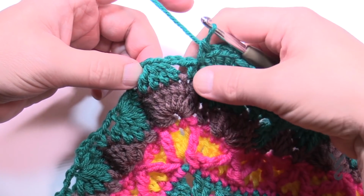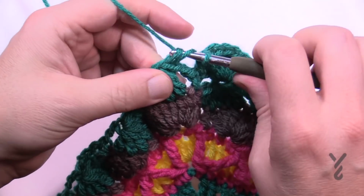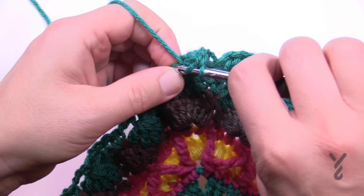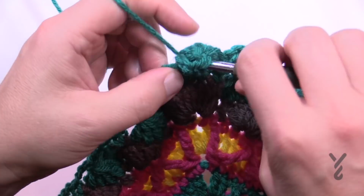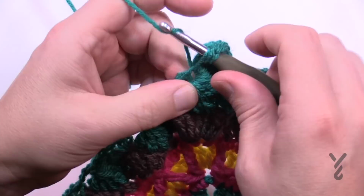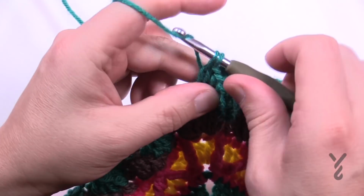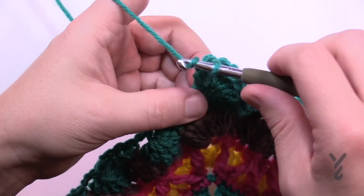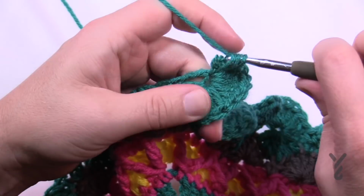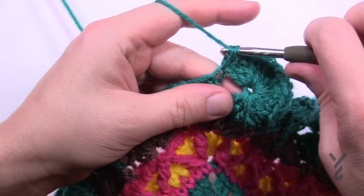When you get to the next corner, I've just single crocheted in the last single crochet, and in the center point of the corner is another 12 double crochets that circle it. So 1, 2, 3, 4, 5, 6, 7, 8, 9, 10, 11, and 12. And once your 12 are in, single crochet in the next single crochet, and then move along this